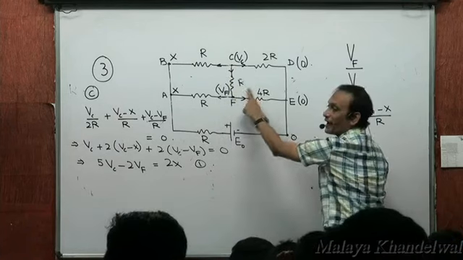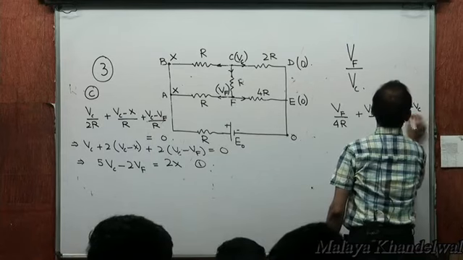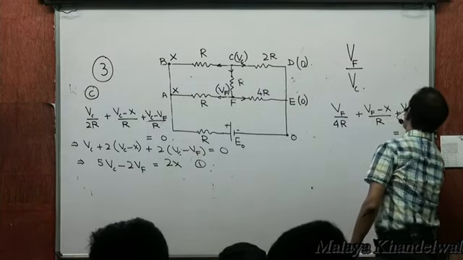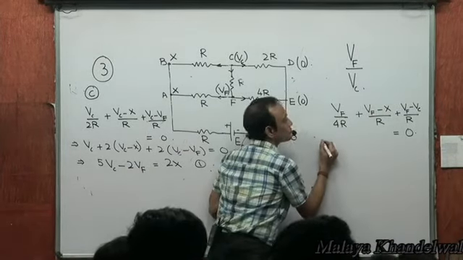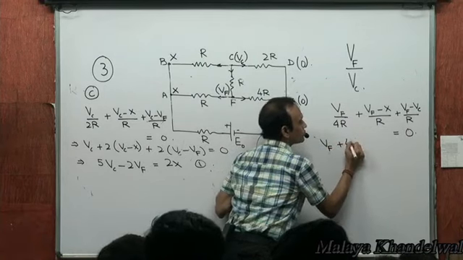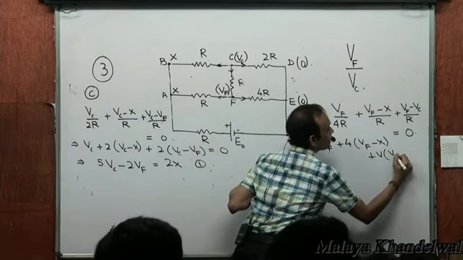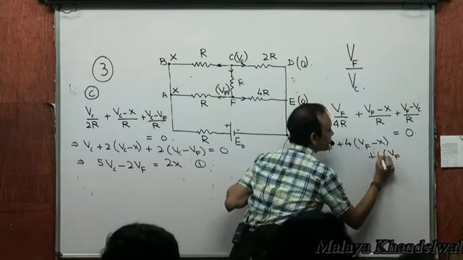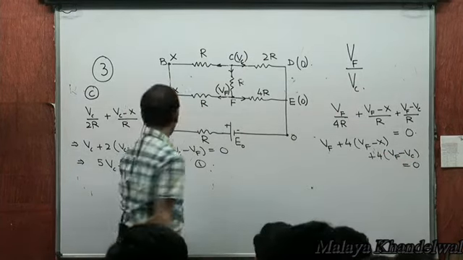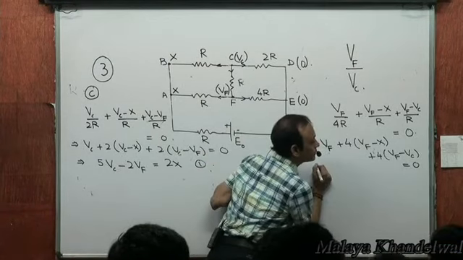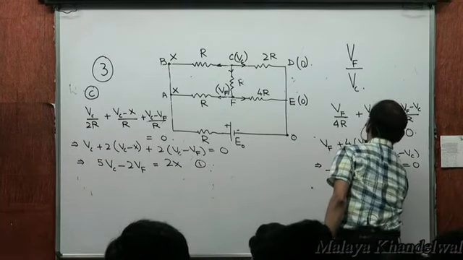Vf minus Vc by R. And this must add up to 0. Now multiplying by 4R throughout, we get Vf plus 4 times (Vf minus X) plus 4 times (Vf minus Vc). That must be 0, right? So this gives me minus 4Vc and then 9Vf